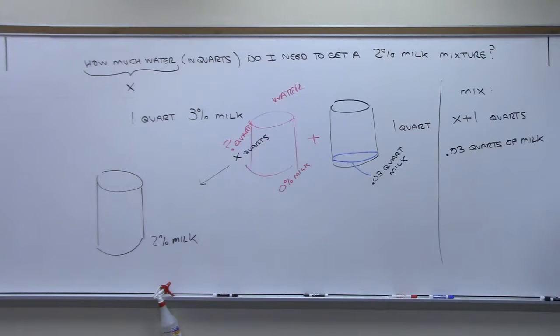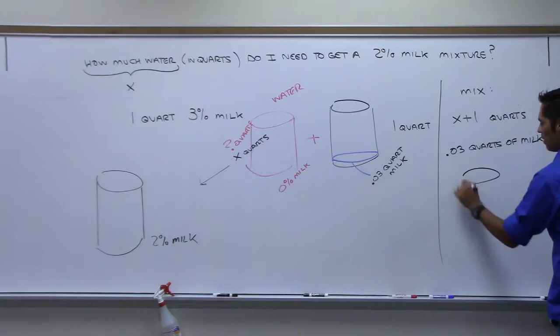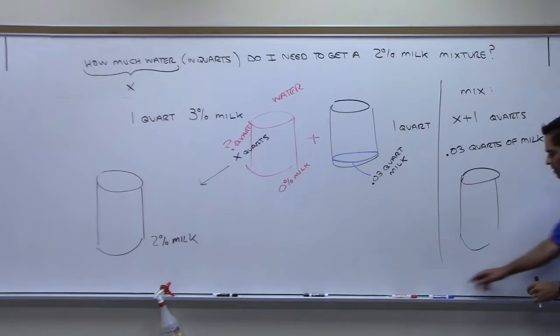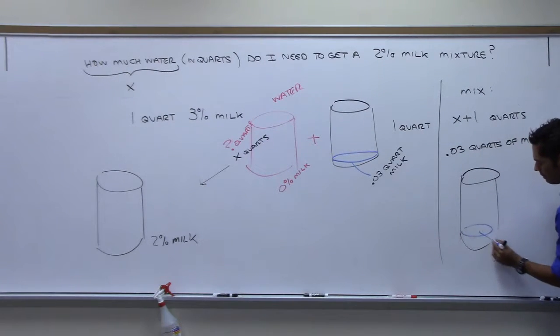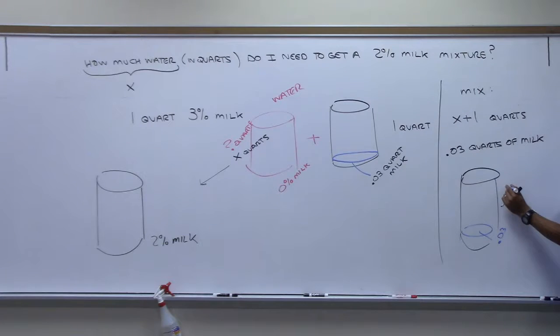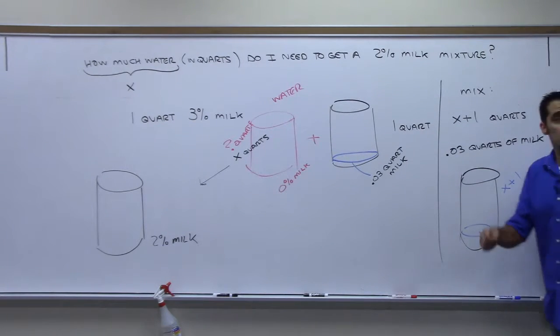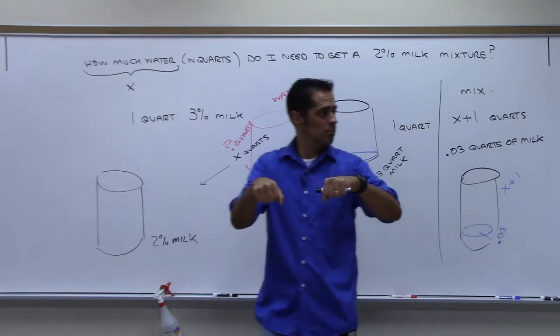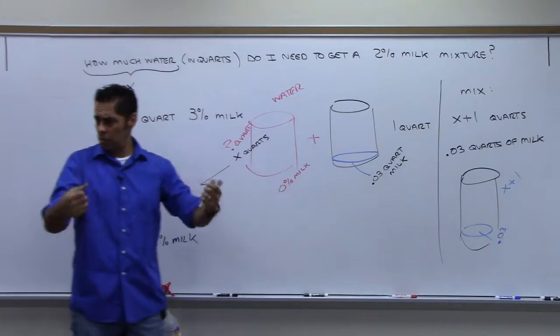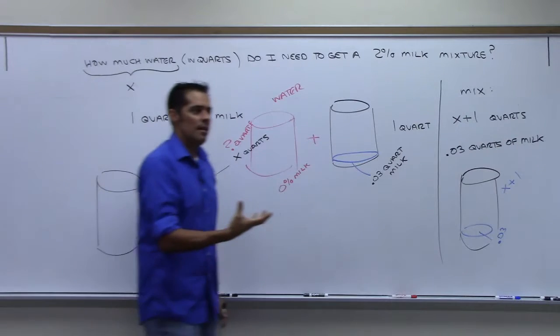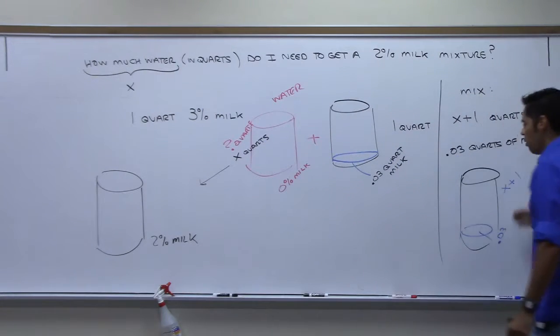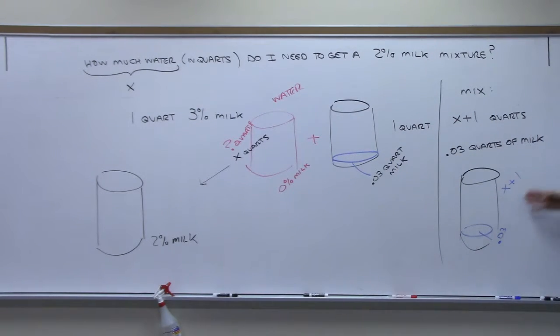You still with me? So in my drawing of my picture, I've got this thing. I know that I've got a fixed 0.03, but now this is actually x plus 1 quarts. In the problem you just did, wasn't it 5.1 when you mixed the two? Right? 5.1 liters. Here we don't know what that is. But what do we know about this mixture? At the end of the day, it must turn out to be what? 2%. Which means when I take this amount